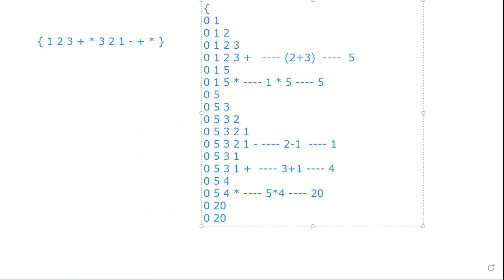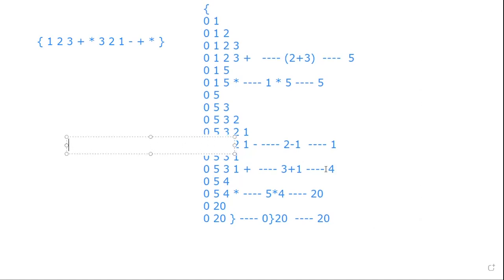The other value read here is 0 space 20 and an opening brace. So how is it specified? This is a symbol, meaning it is like one of the operators. So 20. So it's a closing brace. What is it specifying? It is a separator. Basically, it is a separator. So then the answer here is 20. The answer here is 20 itself.